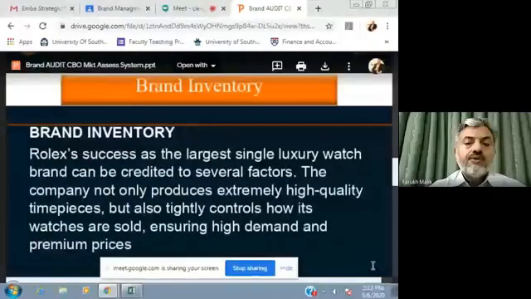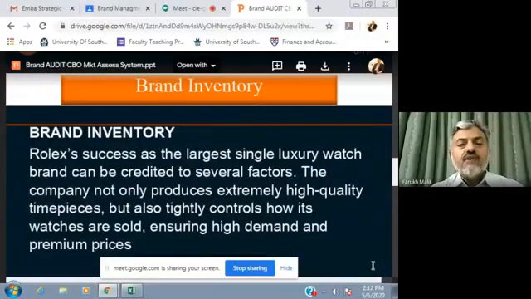And inventory. Now, when you are conducting a brand audit, there are 2 major areas that you need to focus on. One is brand inventory, and the other is brand exploratory. Okay, so first we are going to study the brand inventory. Brand inventory. Rolex